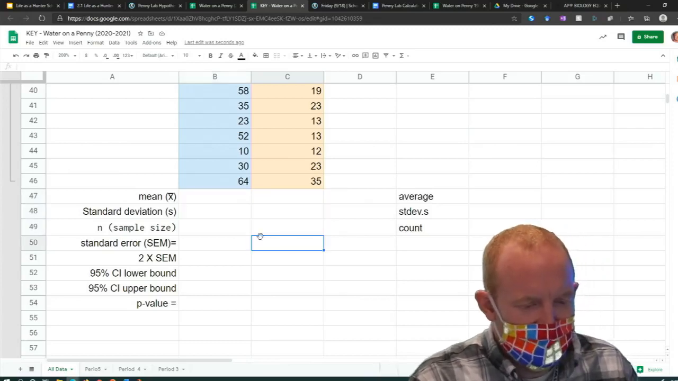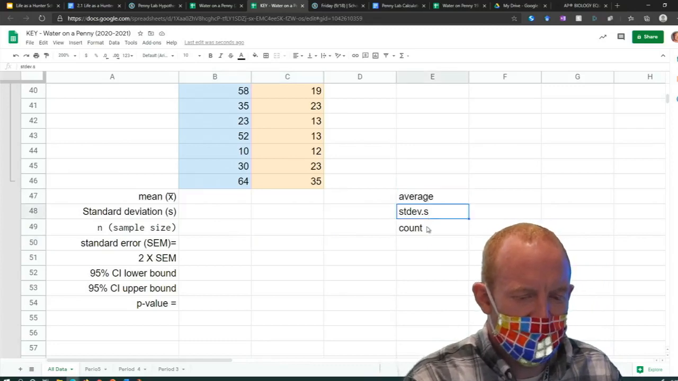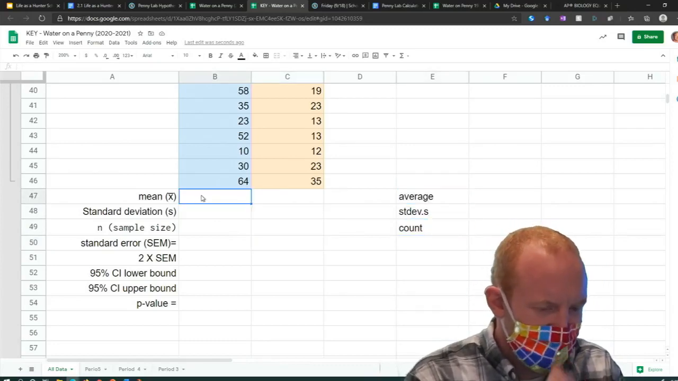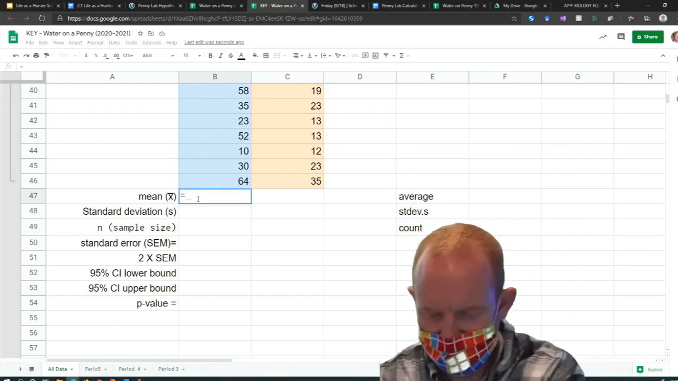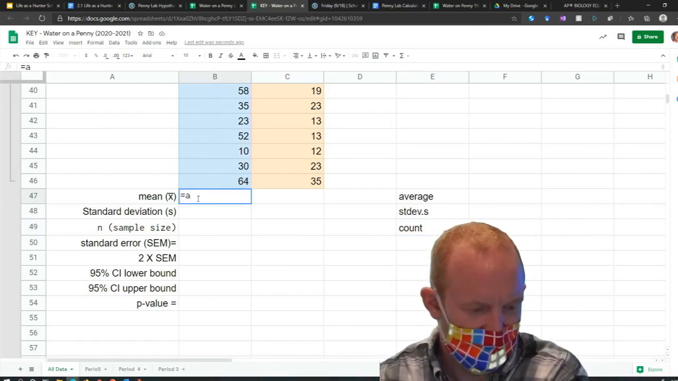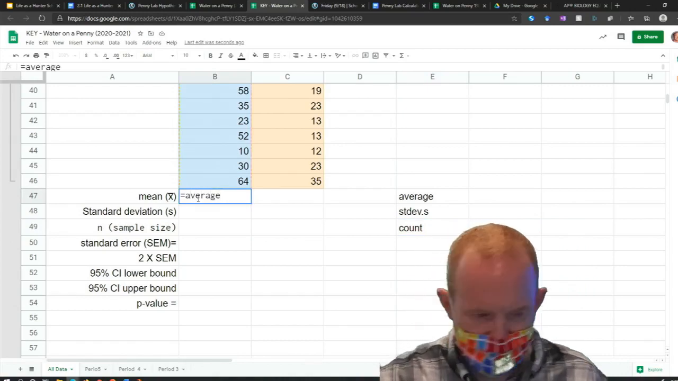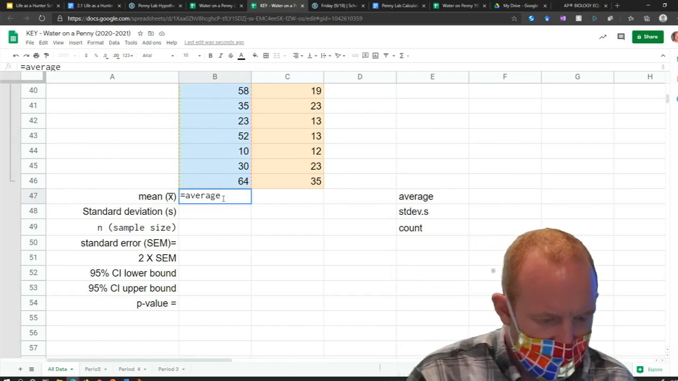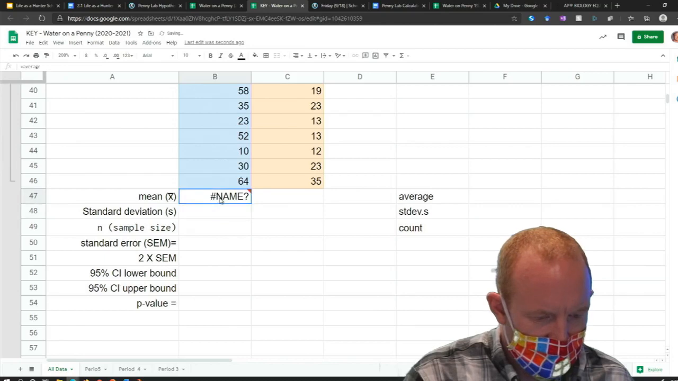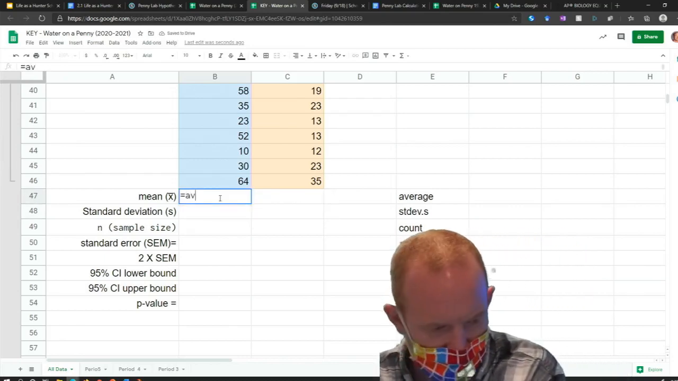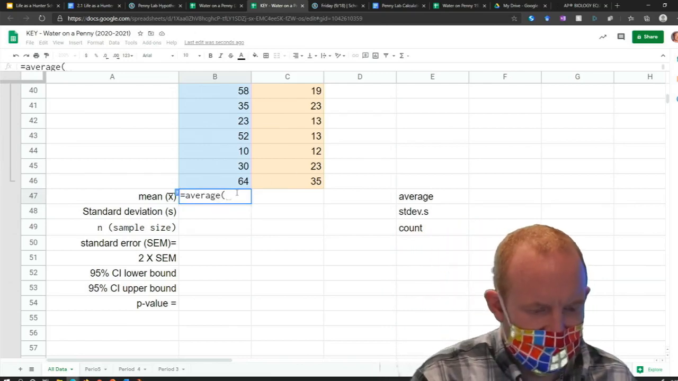All right, so we're going to calculate mean, standard deviation, and sample size first. Here are the operators that we're going to use. Now to calculate this, you'll always need to start with an equal sign. So I'm going to say equals average, and then select the data set